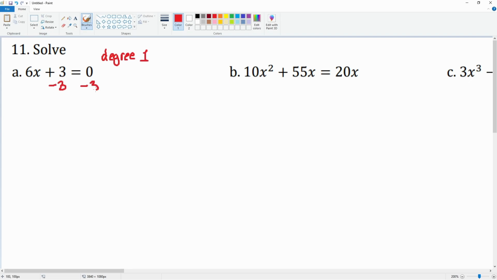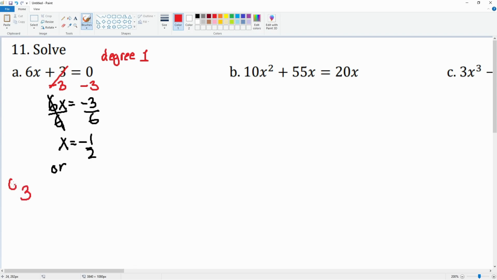Minus 3 to both sides. This allows the 3 on the left to cancel, leaving you with 6x on the left equal to negative 3. You can divide by 6 on both sides. 6 over 6 cancels, leaving you with x equal to negative 1/2. Okay, that's the answer. Or if you want to think about factoring it, you can technically factor out a GCF